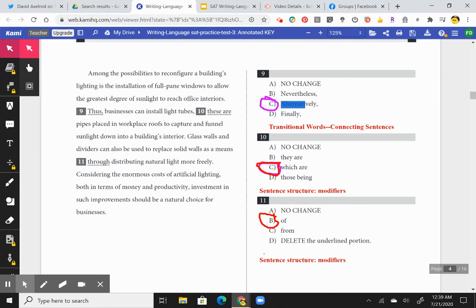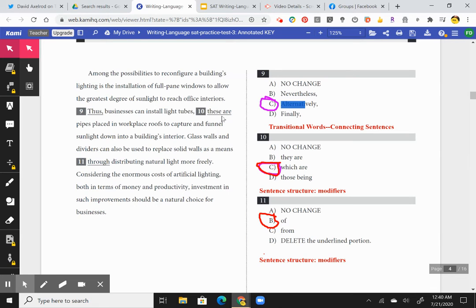A dependent clause is one that cannot stand alone, remember. So we need which are pipes placed in workplaces. Those being would need to be an independent clause, the start of a sentence. Remember, an independent clause has subject, verb, object. It can stand alone. Alternatively, businesses can install light tubes,